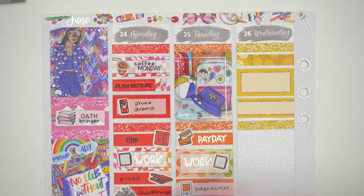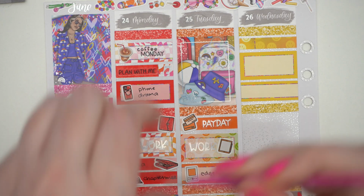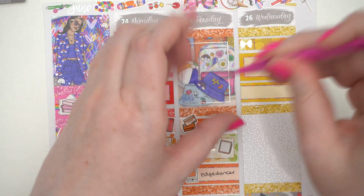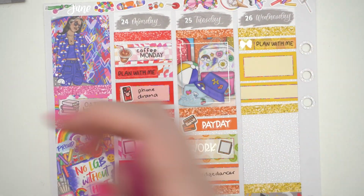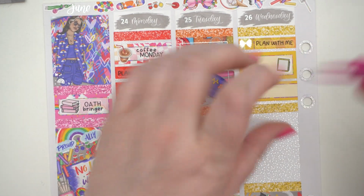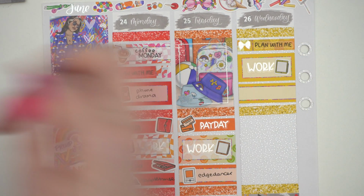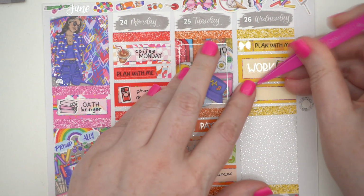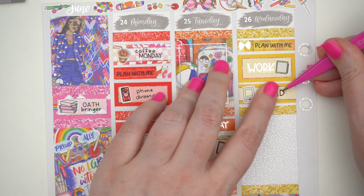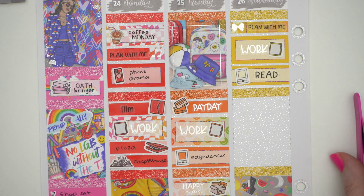So we got work and we have read, and this is when I started Oathbringer. I think I'm about halfway through it now, because I have been consistently listening to it. I forgot all the stuff that happened in Oathbringer, which is great. But I read all these Stormlight books in 2022, so it's been a while. All right, so we'd read